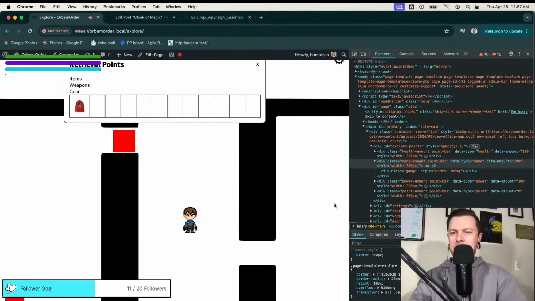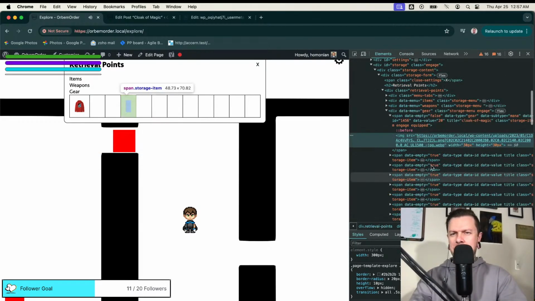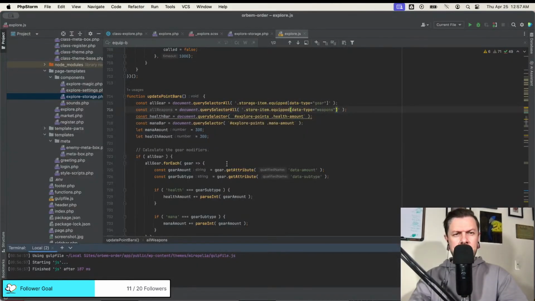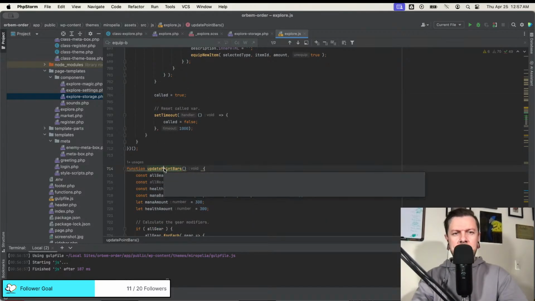Why are you still not working? Did I get a console error? No. Well, let's double check. It says equipped where I said it was going to. Storage item equipped. Yes, it did. Though, is it saying equipped before update point bars happens? Let's double check that.